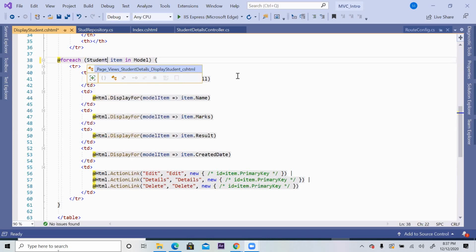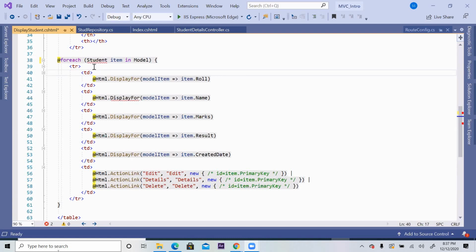Like this. Usually auto-generated syntax does it. In fact, it could be Student because it's a C# type. But what the Razor syntax does is, every time if I go for the Student type, then I have to typecast and use everything.